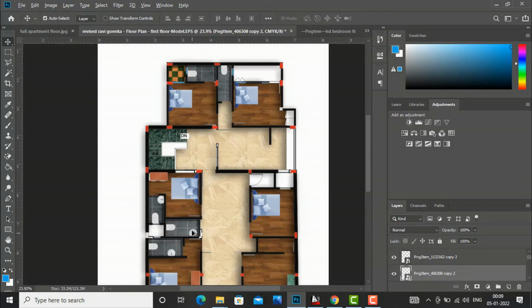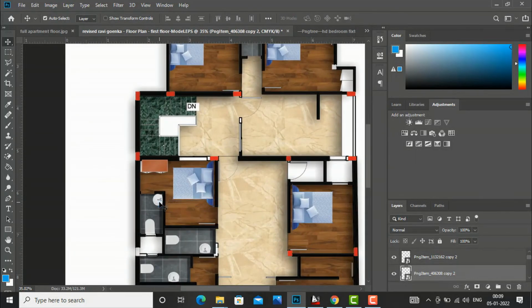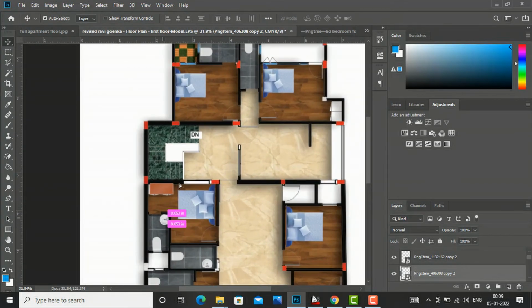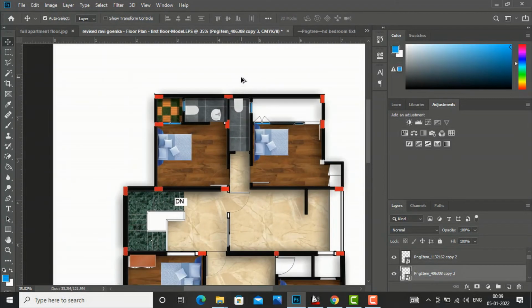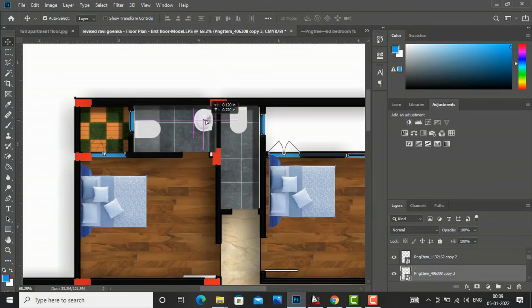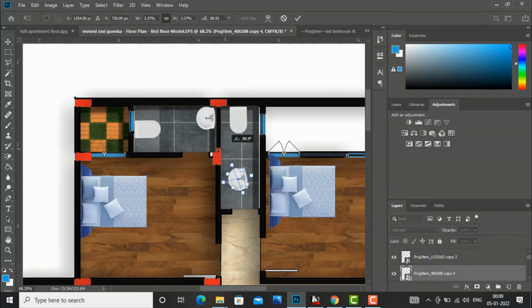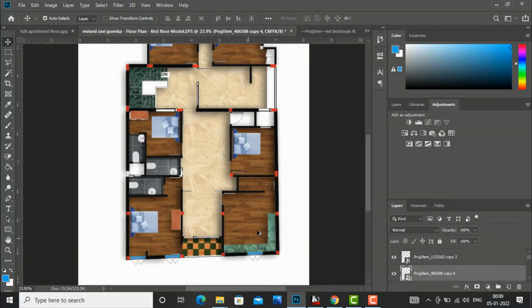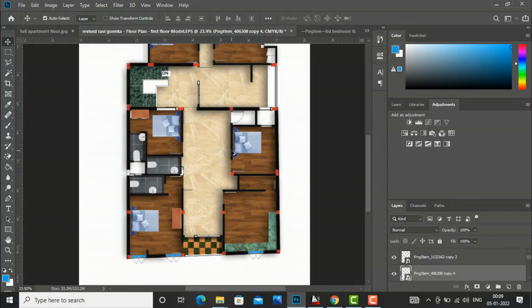You are required to place it here also. I'm going to right click and select this model, top view of wash basin. I will press Alt and drag this to this toilet area also. And you can place it here. Press Ctrl T. Bring it here. So now it is almost done, and likewise you can place TV units also by going to your